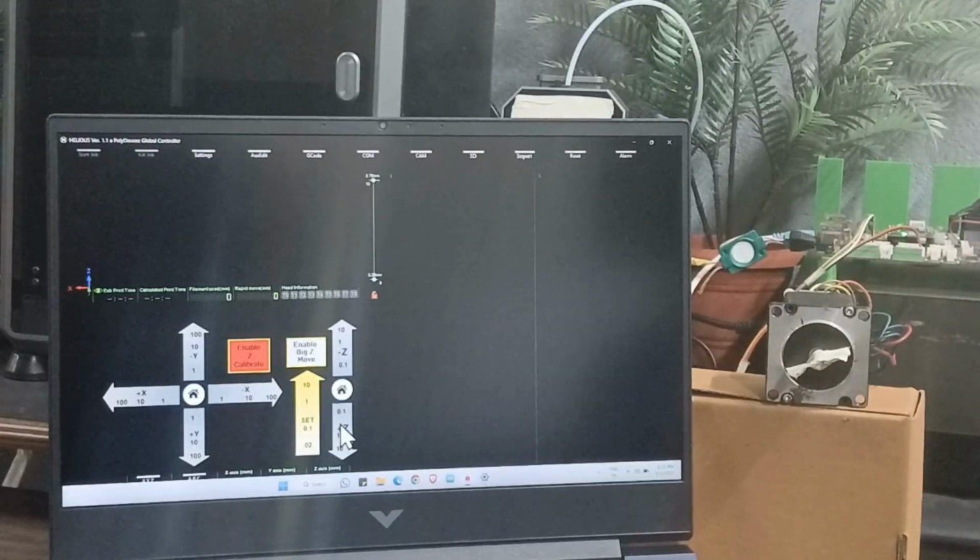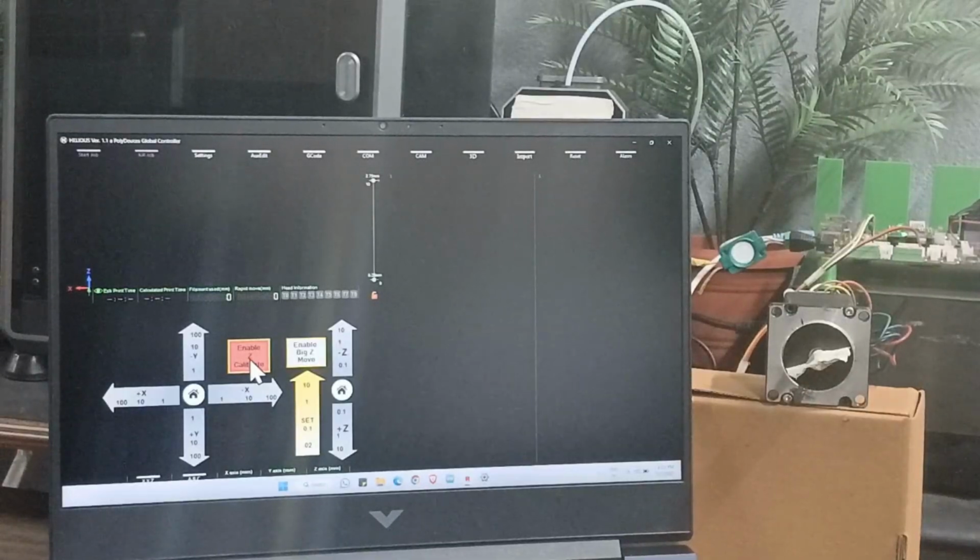These are used to set the correct height of the nozzle or the tool, usually very close to the work surface. There are two buttons. Enable Z calibration allows fine tuning of the Z position, and enabling big Z movement lets us move Z quickly in large steps. We can use this Z move big.